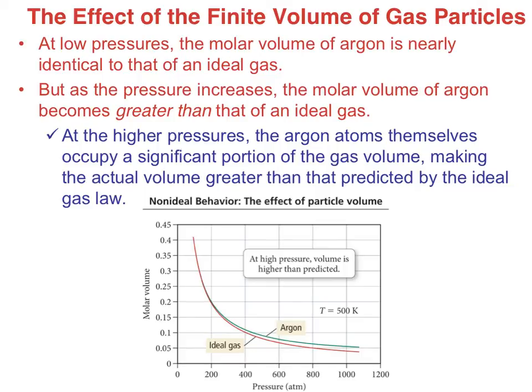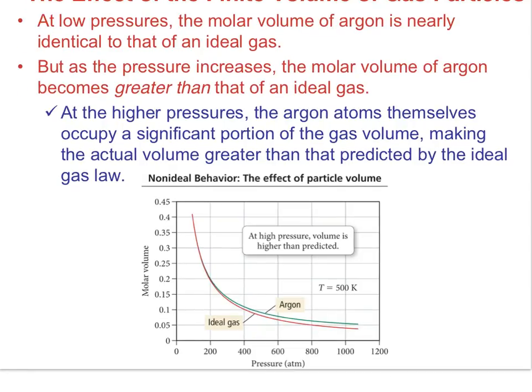So what happens when you have a gas that is behaving in a non-ideal manner? Well, let's take argon for example. Argon is a wonderful ideal gas the majority of the time. It doesn't have intermolecular attractions. It doesn't tend to want to interact with any other gas. But if you start increasing the pressure even on argon gas, so look at the graph at the bottom, as you increase pressure,